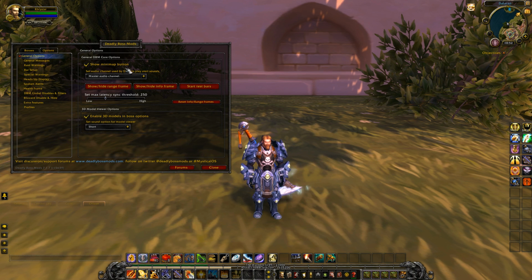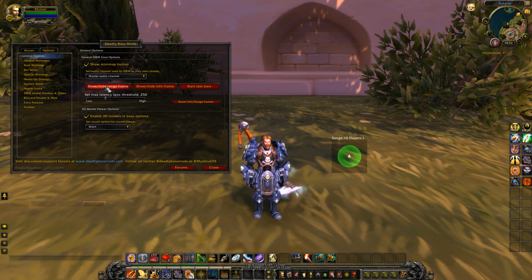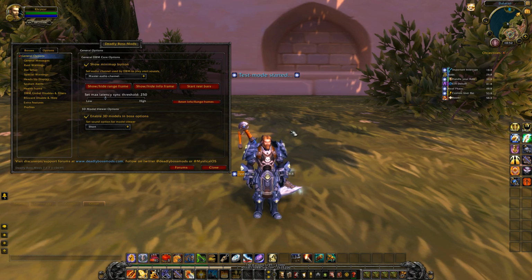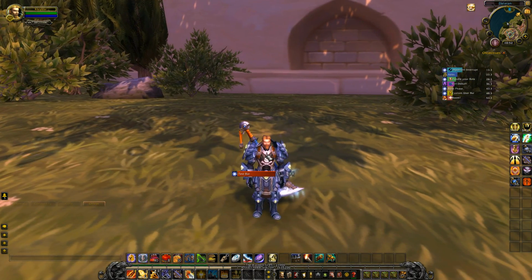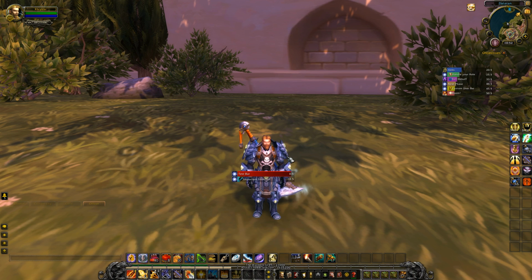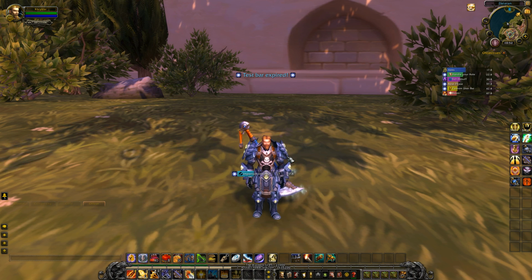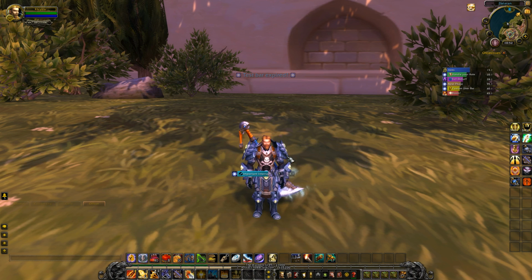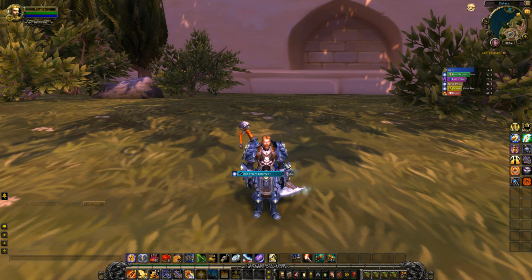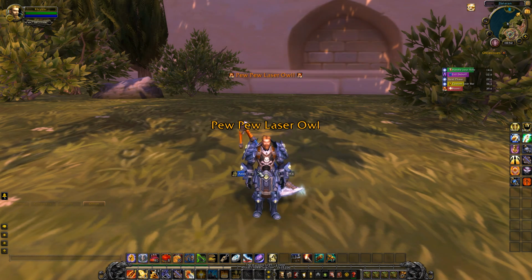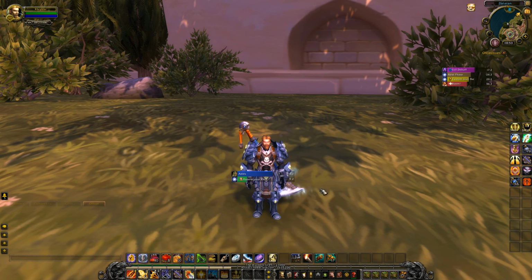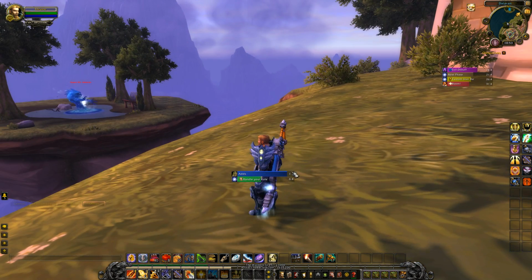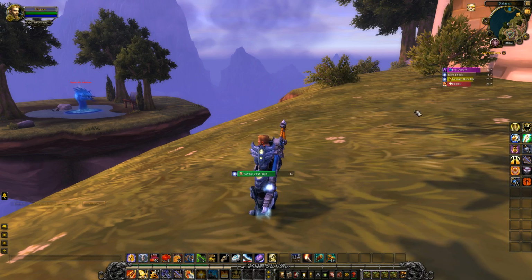What we're going to do other than that is we've got the range frame here. That no longer works like that anymore, but we're going to run a test sequence real quick, just so you can see what the add-on actually does. Whenever you're in PvP, doing dungeons or a raid, you'll see these little bars show up whenever you encounter a boss. And they will just time down until an ability is going to come in.